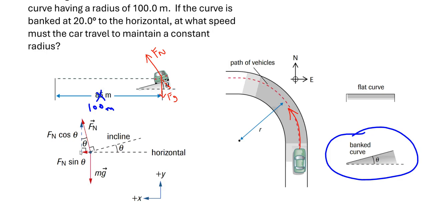It's got two components. It's got a vertical component, right? And we would say that's going to be Fn, normal force, times cos theta, because we know that this angle in here is going to equal this angle over here. So we say, okay,